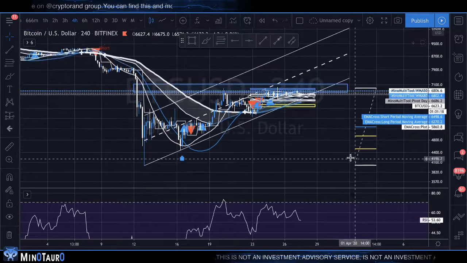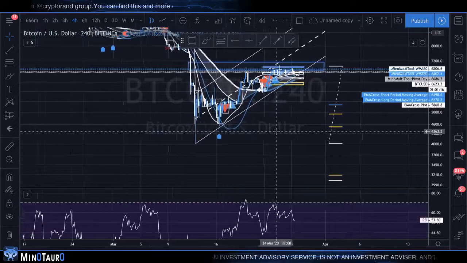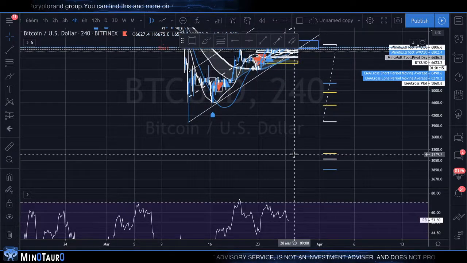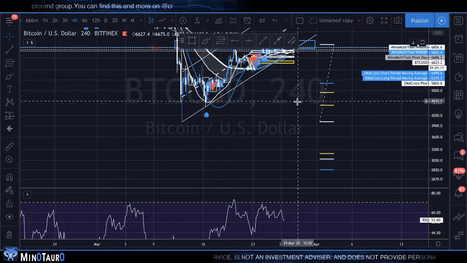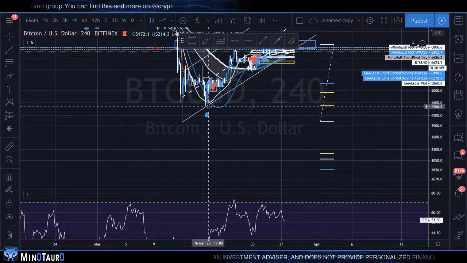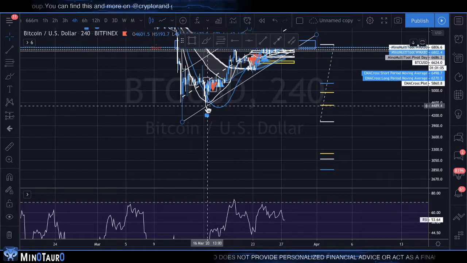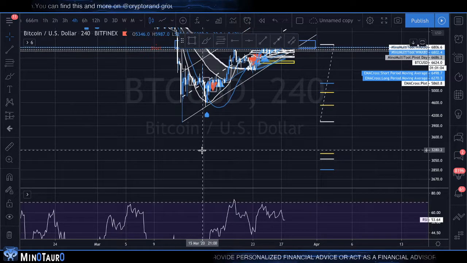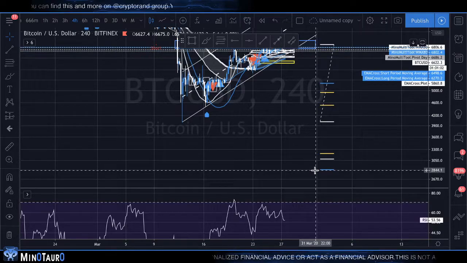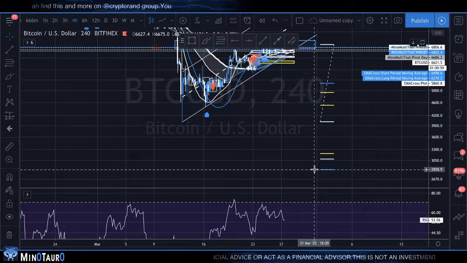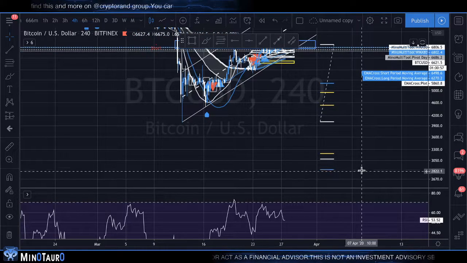If I were you, I would already prepare orders down there, because in that case we are very near the pivot, and under the pivot, short. So it's going to be a game that can go around